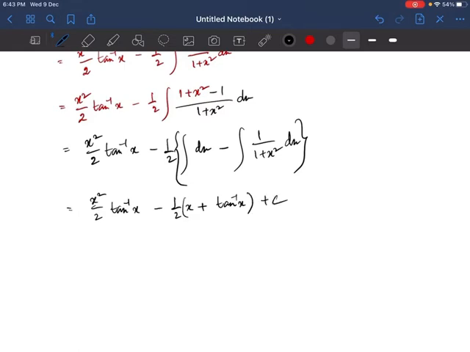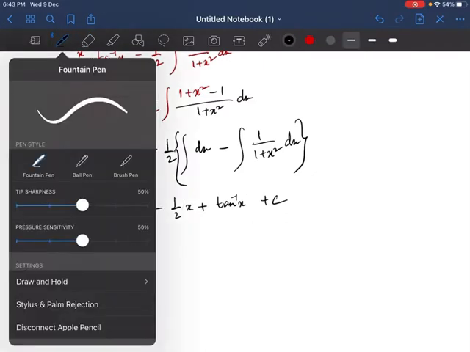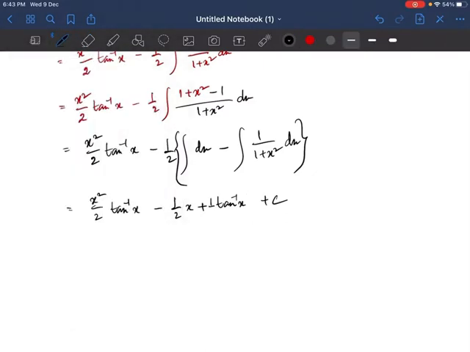That's it. We made a mistake in here. There will be no brackets. That's why I've changed the sign. Yeah, and we have to multiply a half in here. That's it. So that's how we got this answer. So this is my answer, or else we can write this one as x square by 2 plus half tan inverse x minus half x plus c. That's my answer. So that's how we do question number 8.